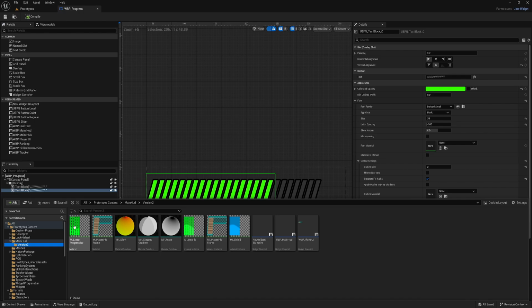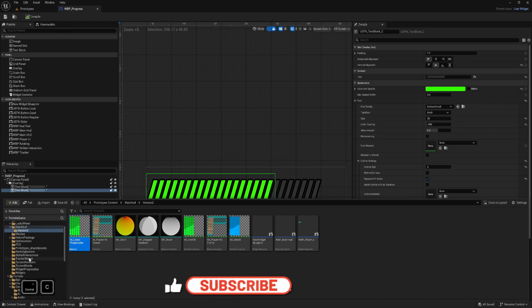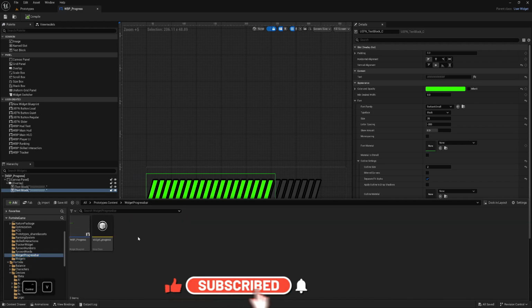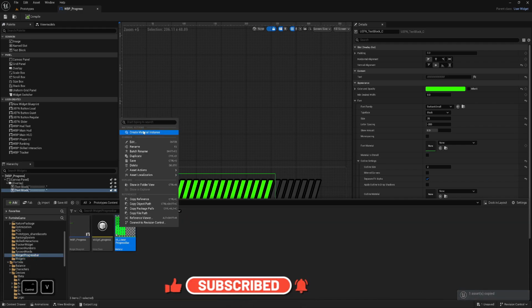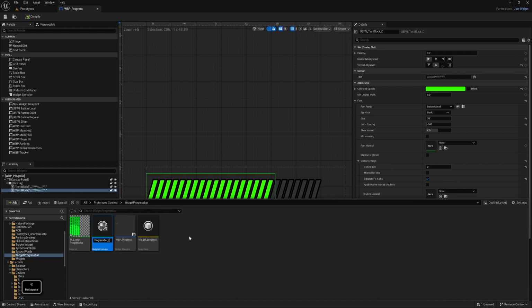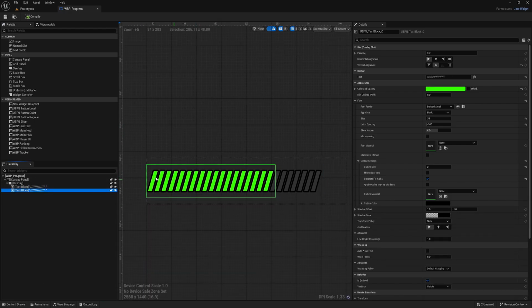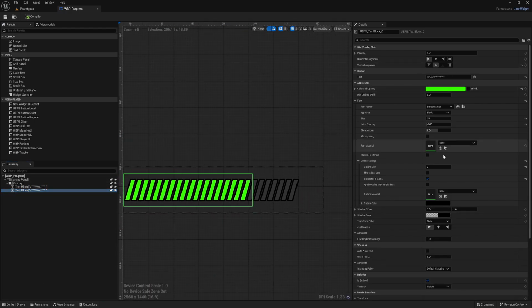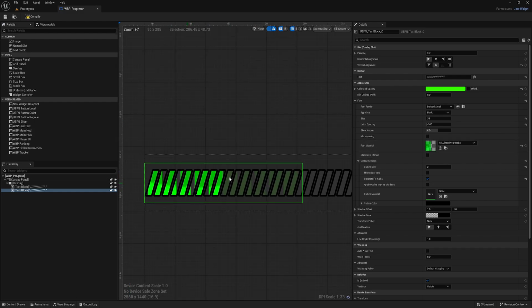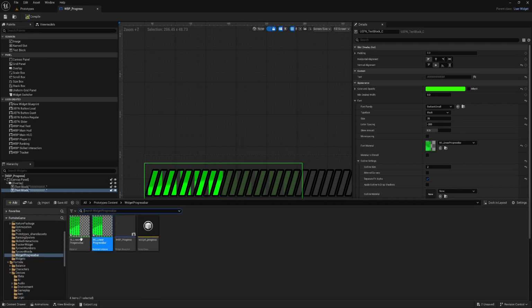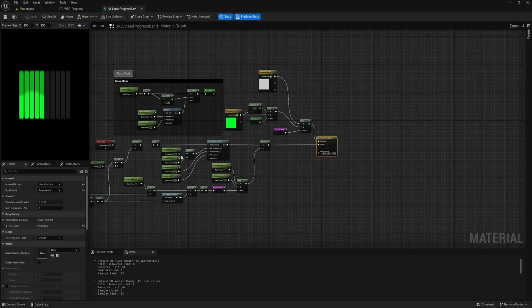I have this material for progress bar. So let's copy this into this folder. Okay. Straight away, I will create material instance. And well, this selected. So I will select again this green text. And here is font material. So I will apply it here. Ignore that it looks like that, because in that material we have progress bar created, but actually I don't need